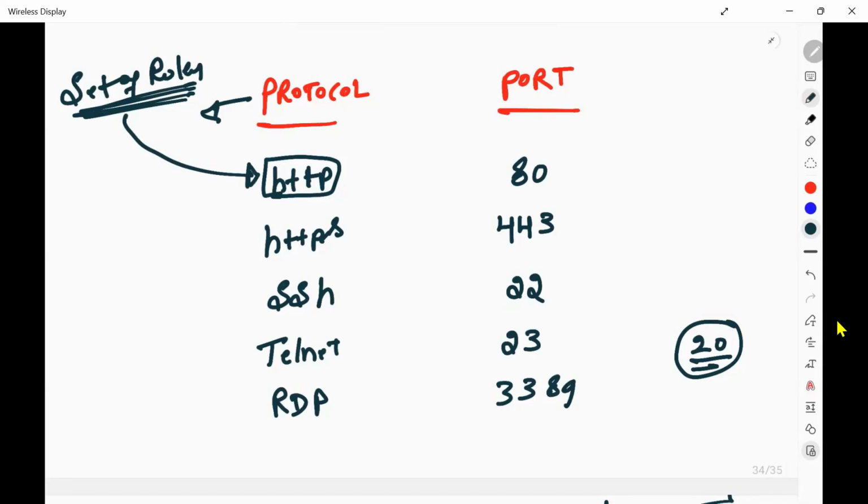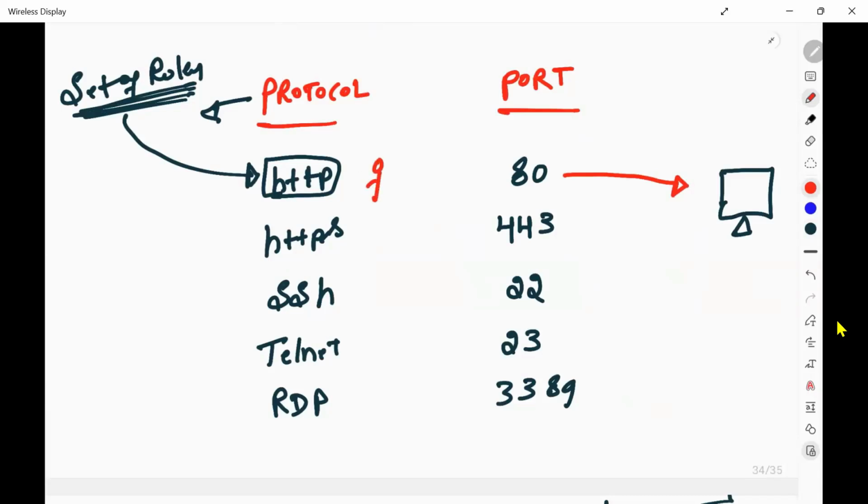Now, just to clarify things here, if this is the EC2 instance, and in your security group, you want to access the application through HTTP, what should I do? Let us imagine HTTP is a person. If he comes, what is the door allocated to that person?